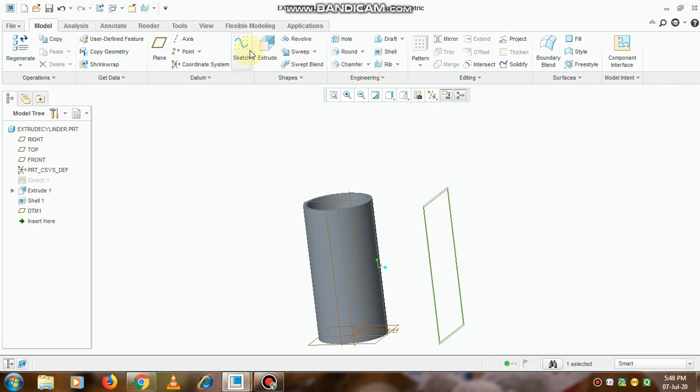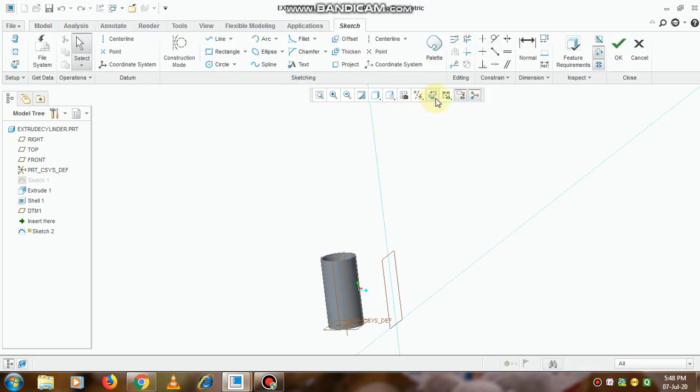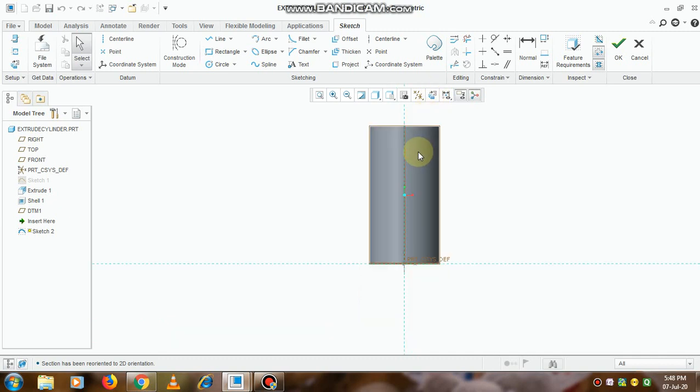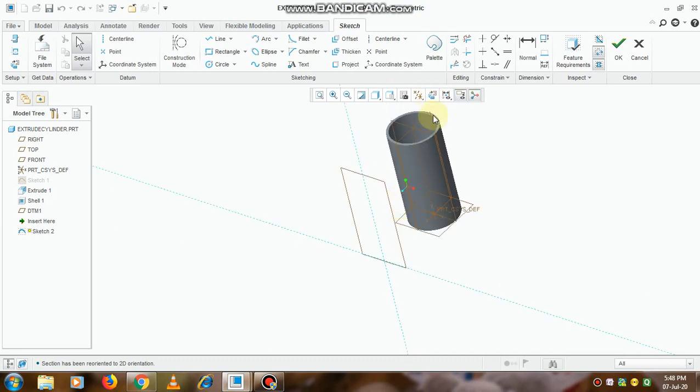Now let's create a circular section on this offset plane. Go to the option sketch and again sketch view.